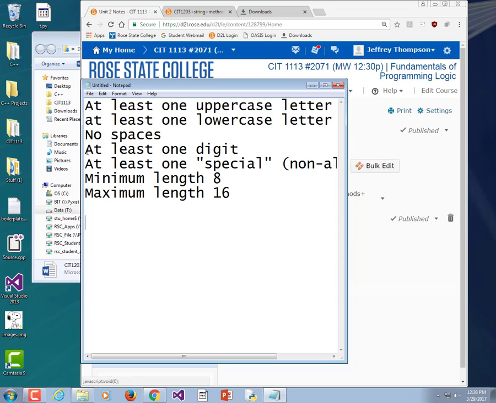So to do this, we need to know how to inspect a string. Now, we talked about lists on Monday. In effect, a string is just a list of letters. I should say characters, because digits and spaces and periods and stuff like that can all appear inside a string. So going back to the concept of a list,